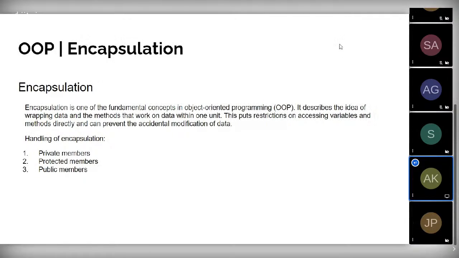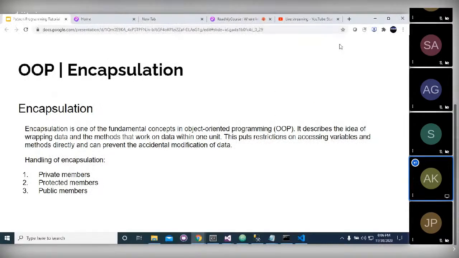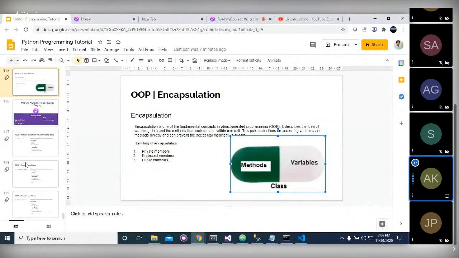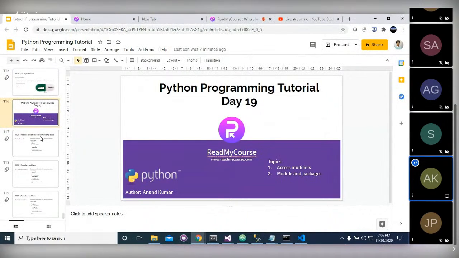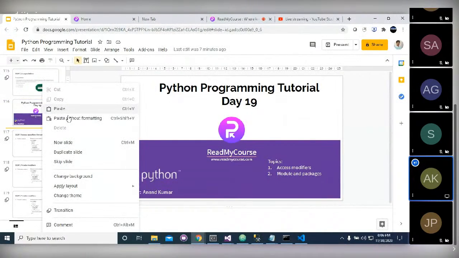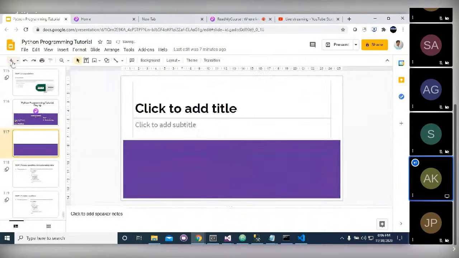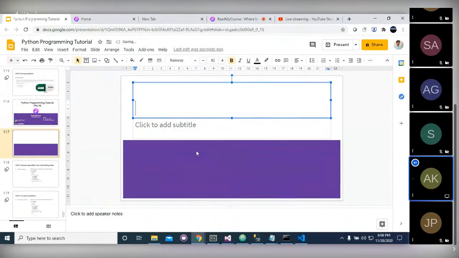Yes, sir. So yes. Suppose that I'm adding a new file here. Okay,